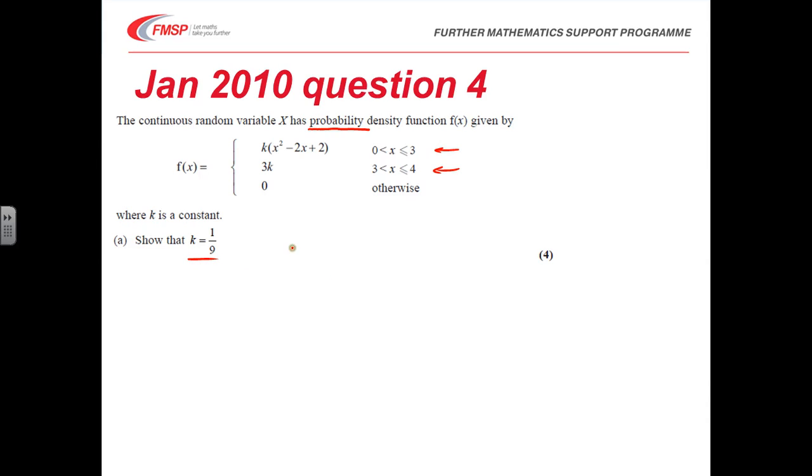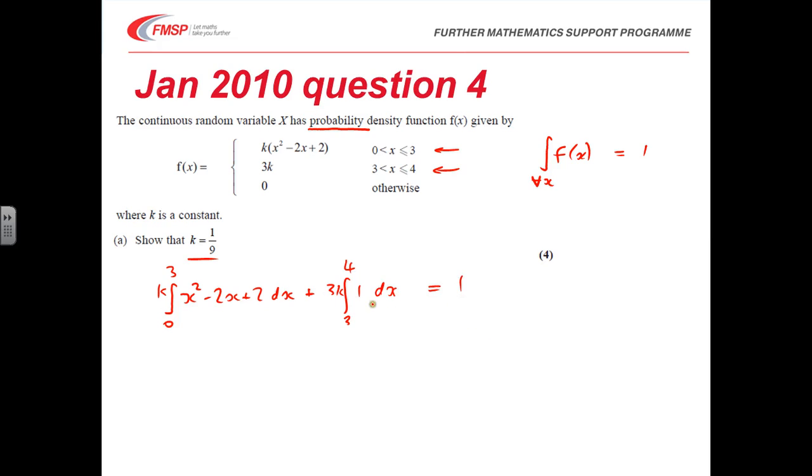So again, there's a bit of work that's required. So the point here is that the integral over all values of x of f of x must equal 1. So we've got three regions to deal with here. So we're going to be integrating from 0 to 3. K, that can come out because it's a multiplicative constant. X squared minus 2x plus 2. We're then integrating, and again 3k can come out between 3 and 4 of 1 dx,